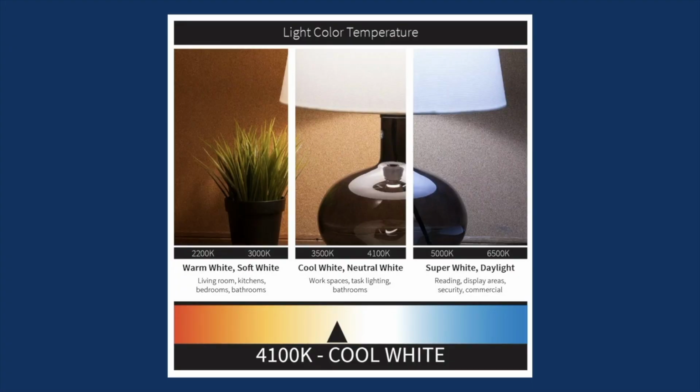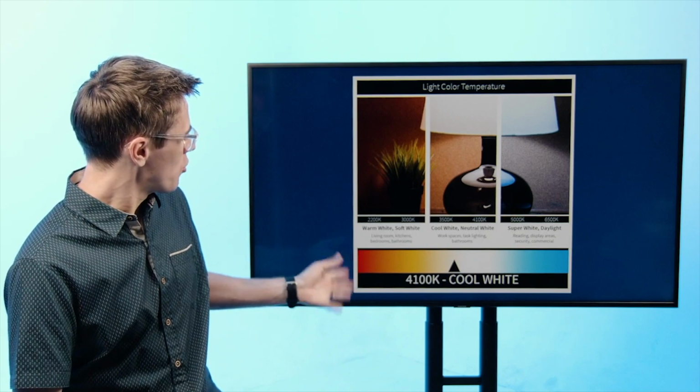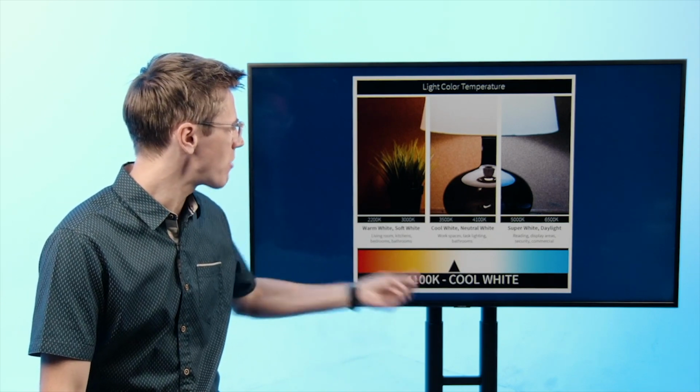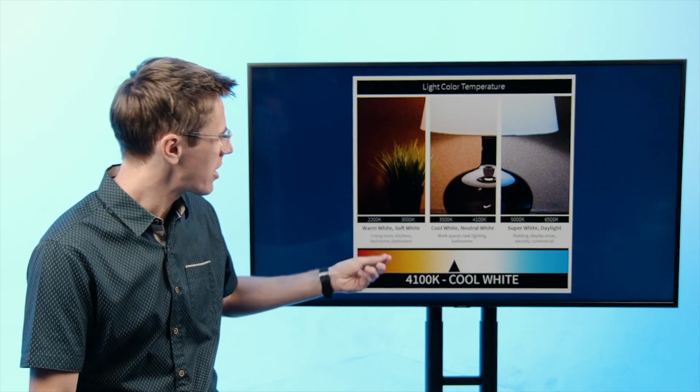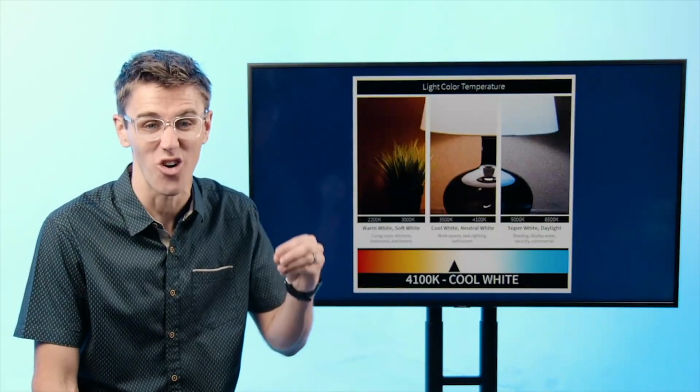There's warm light, there's cool light, and there's super white, which I think is actually me. I'm super white. Usually the warm light is that yellowish look, the neutral light is kind of white, and the super white will look more bluish. Some of these lights are better. I typically don't like the yellow light. If you have yellow light on you, it looks a little depressing sometimes. It looks a little dull and it's not as lit.